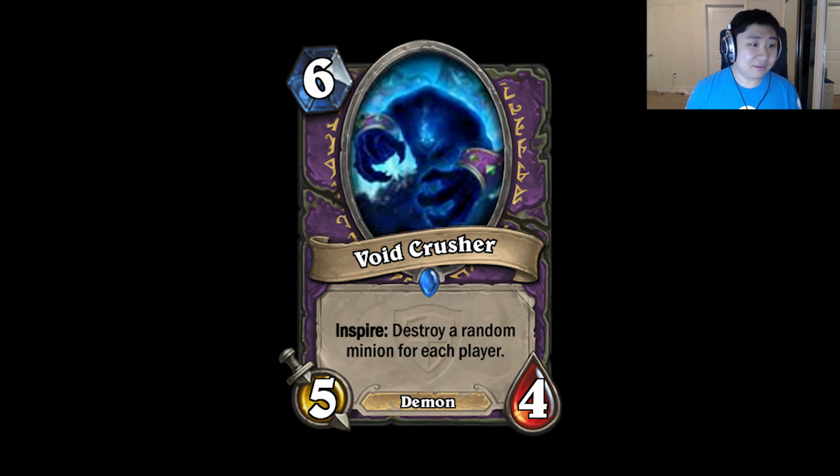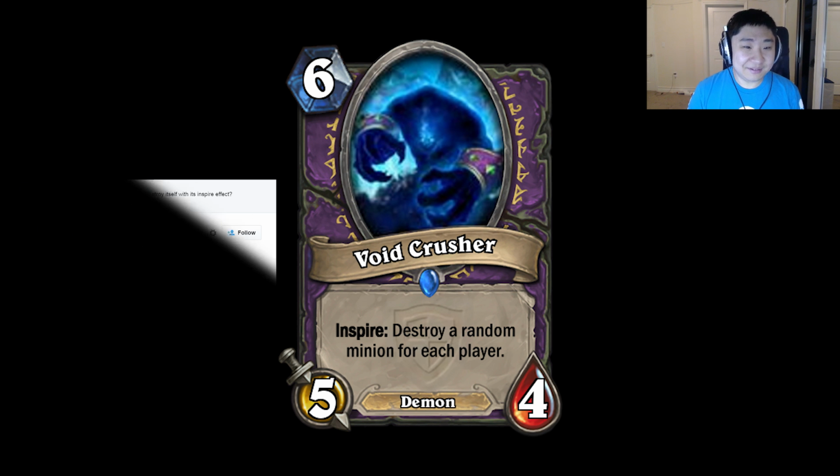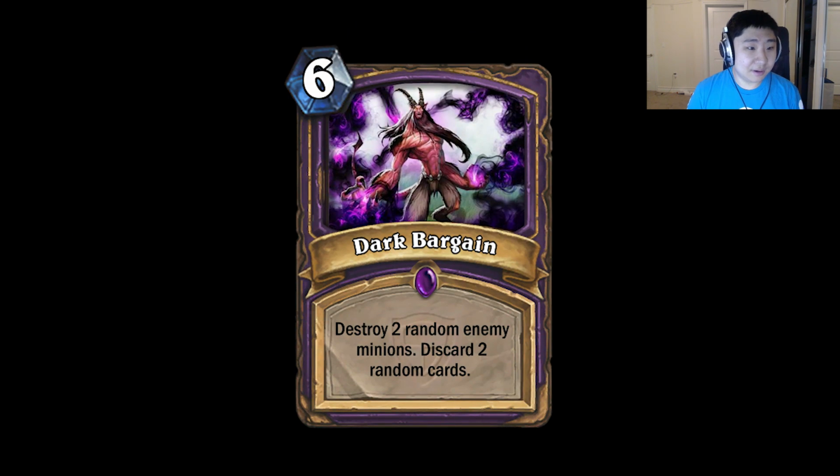The minion is so expensive in the first place, and the body isn't super strong. And you can always just randomly destroy your Void Crusher. I think it would kill itself if it's the only one, or even if it's not the only one, it could kill itself. Dark Bargain. 6 mana, destroy 2 random enemy minions, discard 2 random cards. This is actually quite high impact, I feel, this card in the game. This could make Doomguard decks popular again, or more popular. I mean, not that Doomguard isn't popular, I mean